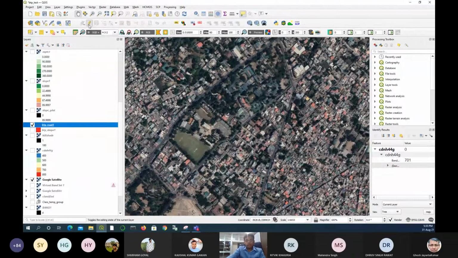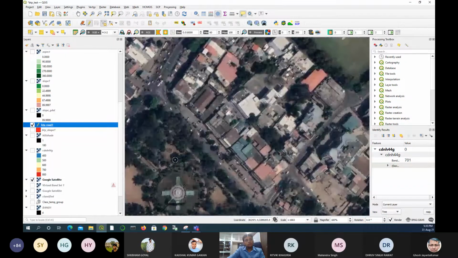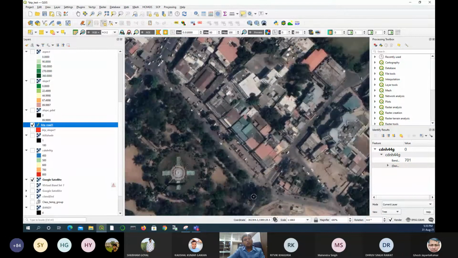You have to start editing like we did last time, and from this you can create line features. I see one road from this intersection to this intersection.